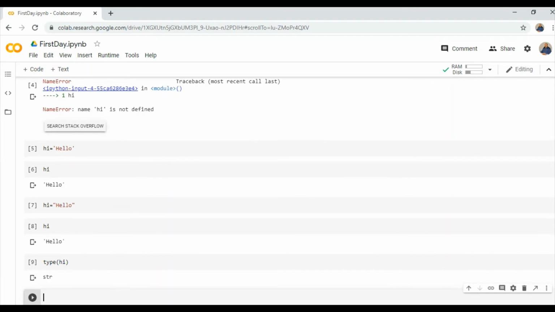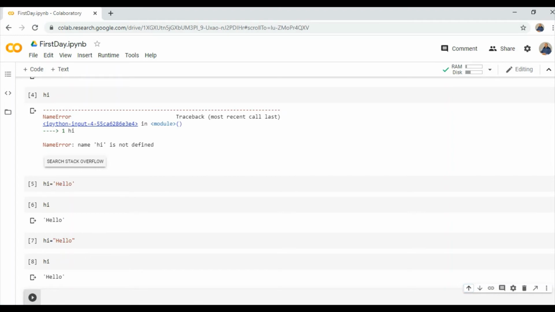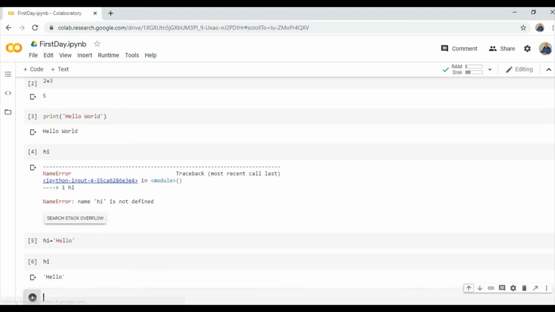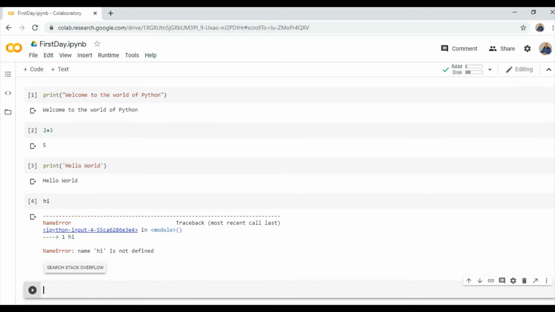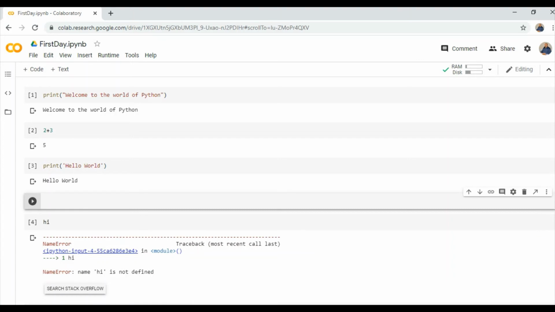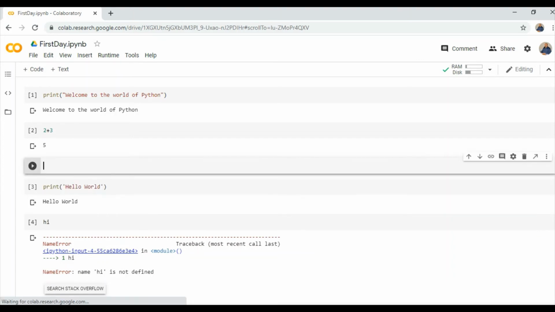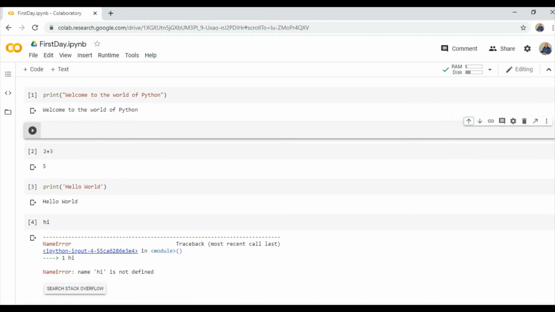On the right corner you are seeing that an up arrow is there, a down arrow, and all those things are present here. If we click, the cell is going to move up. So this cell we are clicking, and you can see that we are moving upward. For upward movement, the up arrow key, and for downward movement, the down arrow key. You can see other settings as well. Here a link is there, a comment section is there, settings are there, a delete option is there. So you can use all those settings.